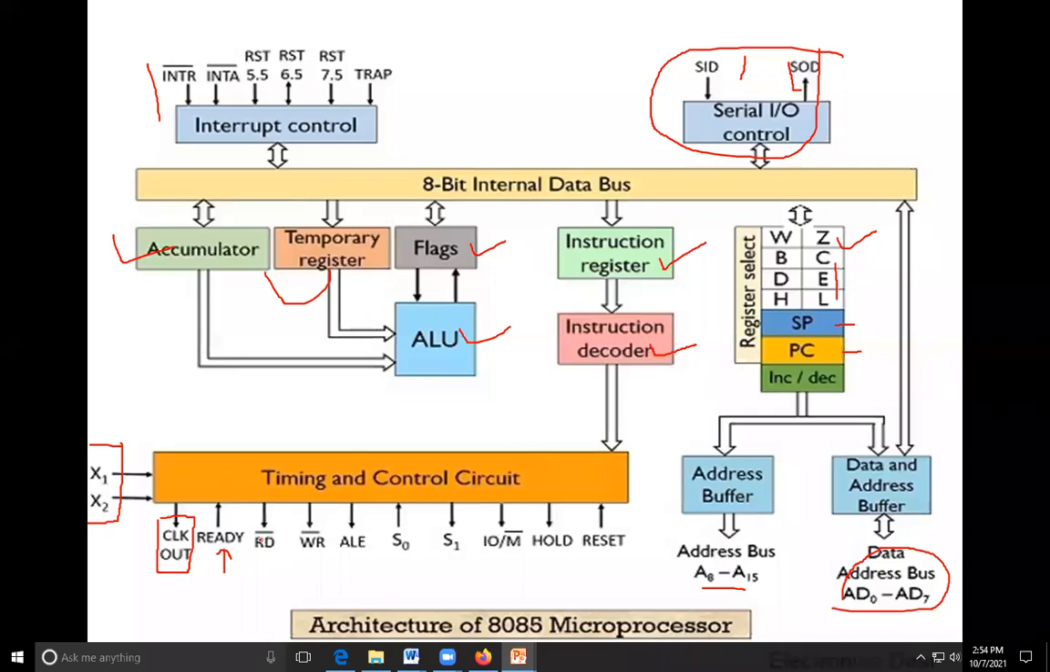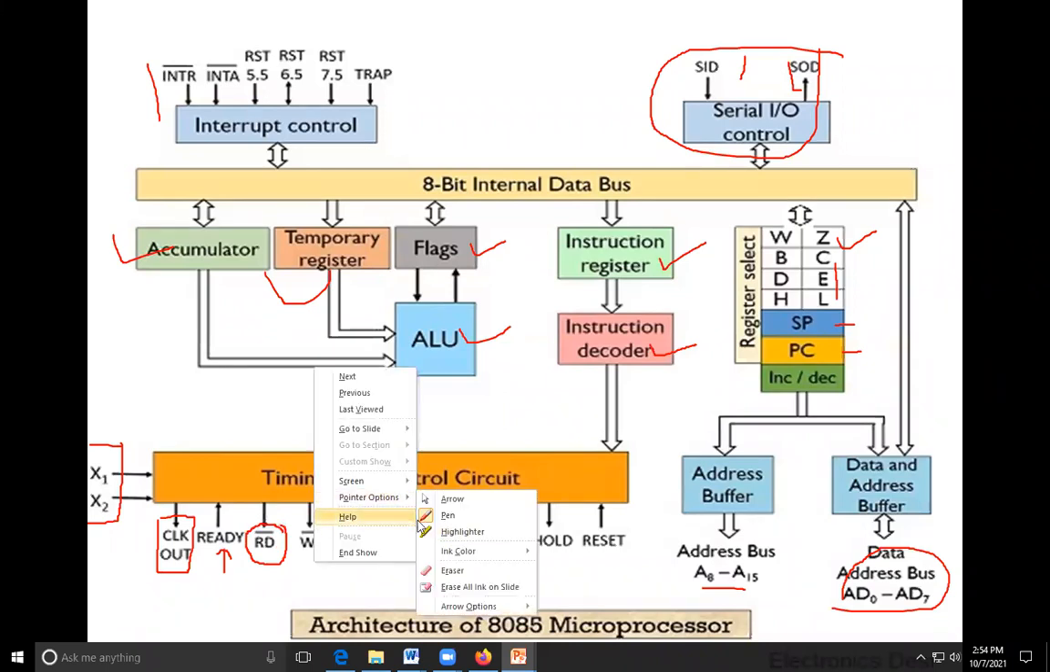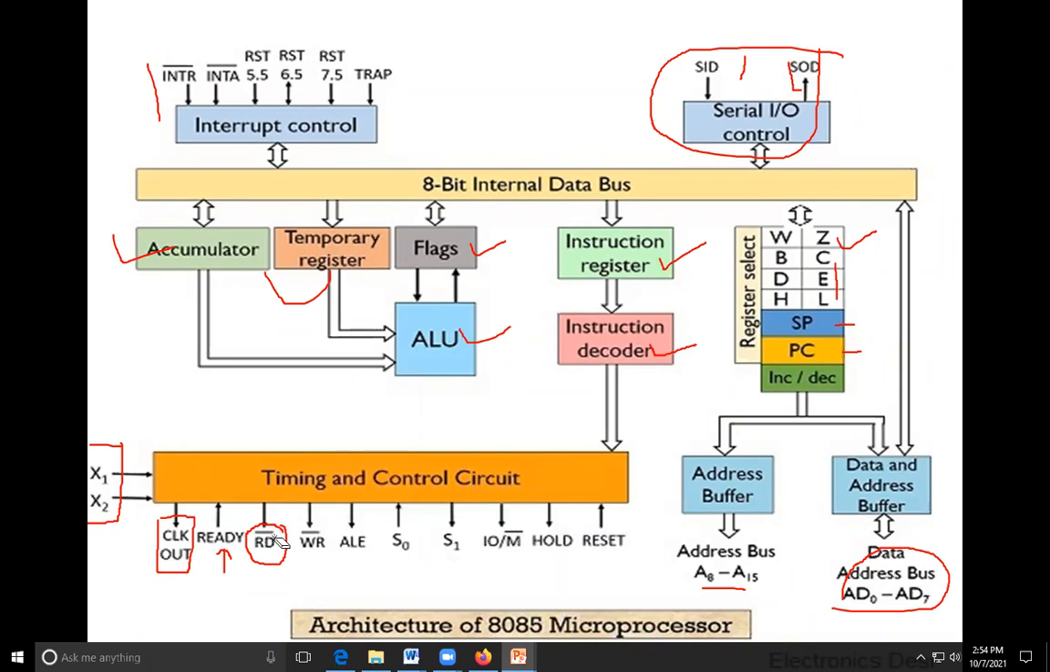Then RD. See, read is an active low pin, meaning you have to give 0 to activate the pin, to read the data. The direction of the pin is from the controller to read. Read means you take data from the 8085. This is an active low pin. The write pin is also active low. You have to give the write signal to the 8085. These come from the timing control. Write means you write data into the